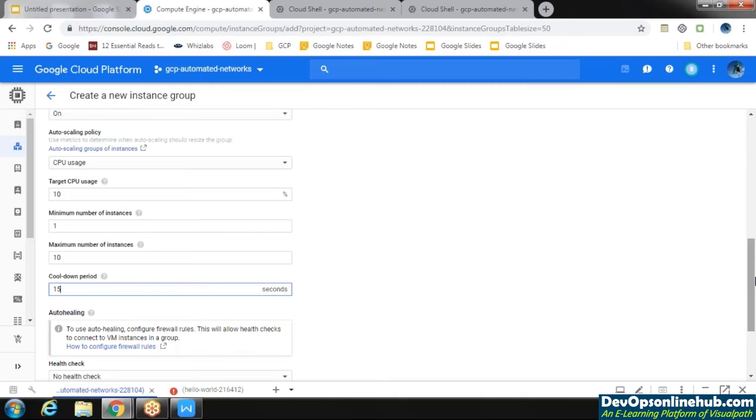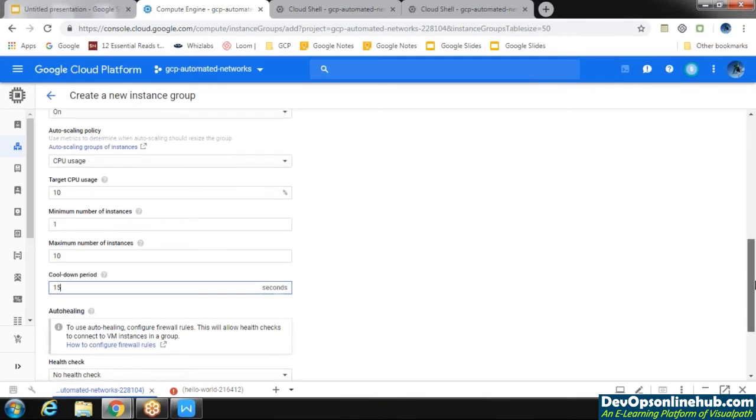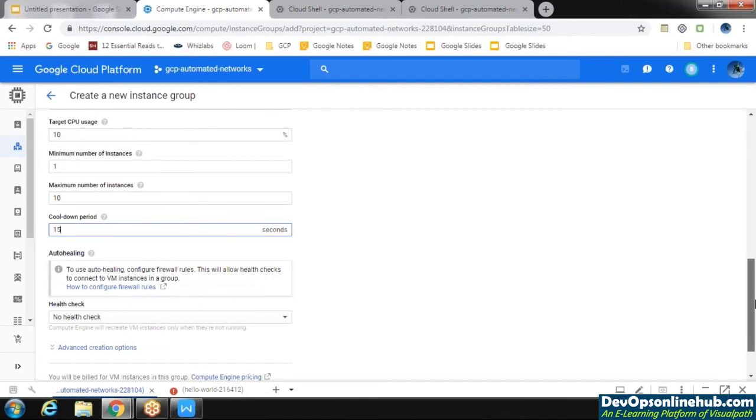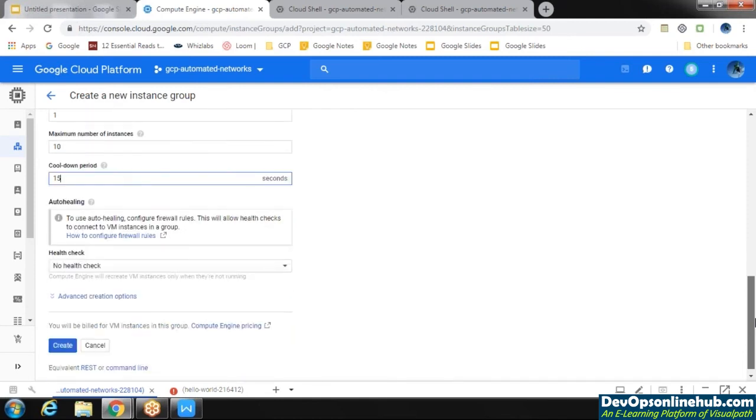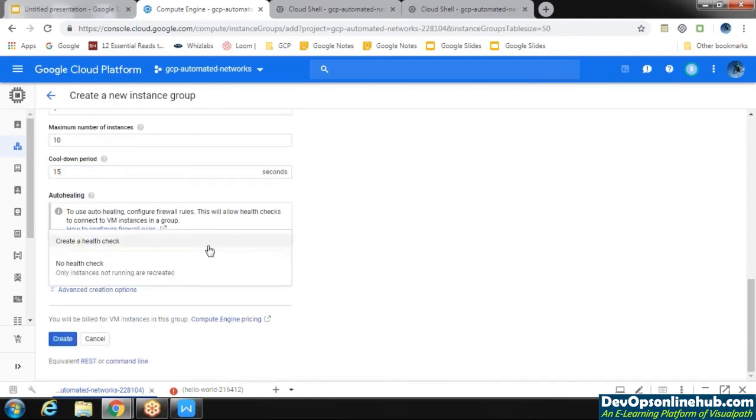This actually helps us to reduce the cost because the machine will not be created very fast, so it will not inflate your billing account. Now, the health check. For a health check we need one. If you want to create an instance group with autoscaling, it's required. So we'll look into this health check criteria when we check load balancing, and we'll go and create it.